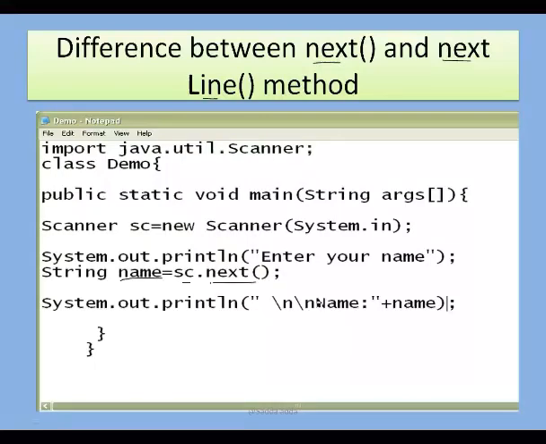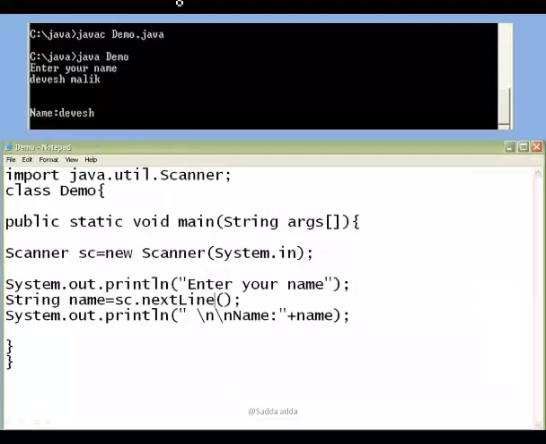So what is happening here, there is a variable name. In this name variable, whatever value the next method of the Scanner class's first variable returns, it is going to write. Okay, so let's see the output. Finally, it is going to print the output. So let's see the output of this program. So what you find here, see,